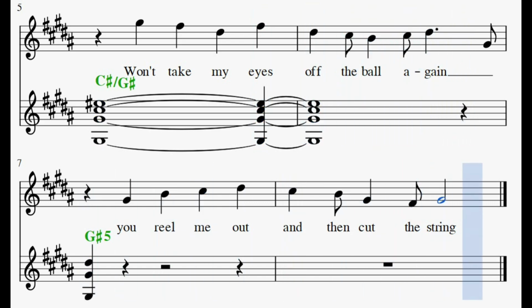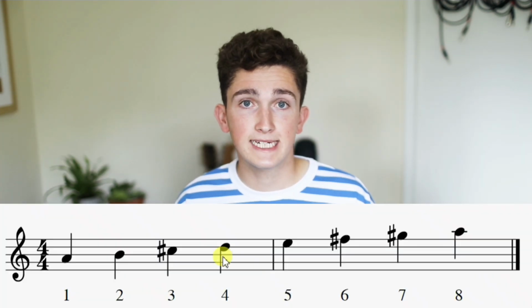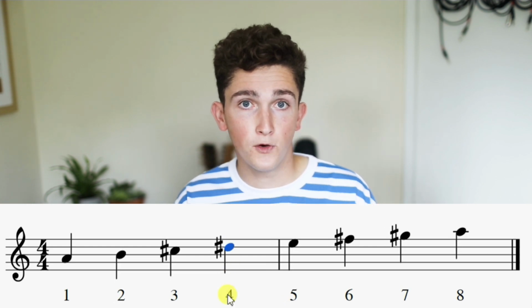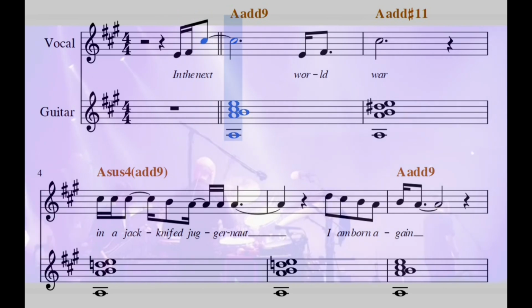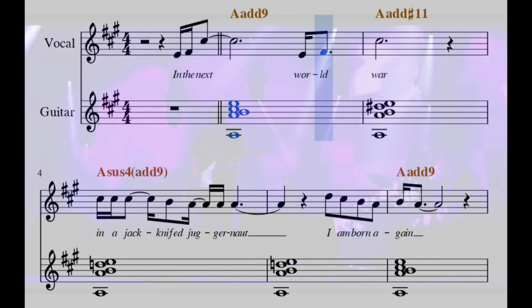So let's look at something that's not Dorian. Let's look at Airbag from OK Computer, which has a verse that uses the Lydian mode. The Lydian mode is exactly the same as the major scale, but the 4th degree has been sharpened. Just like in 15 Step, the vocal melody in Airbag's verse doesn't actually go Lydian at all, it stays completely